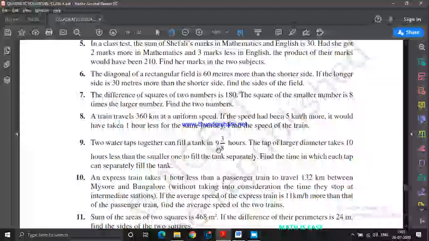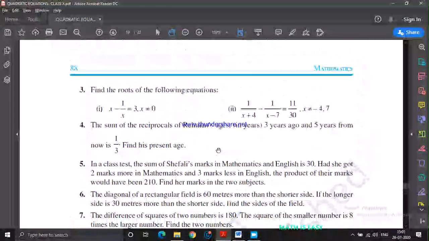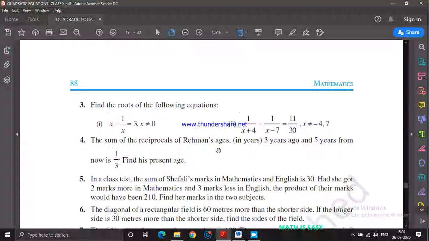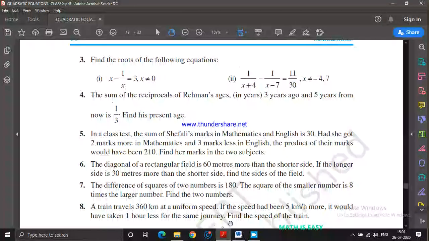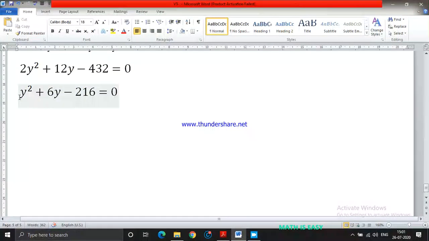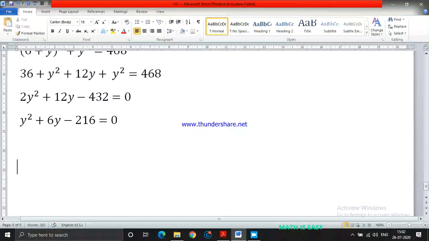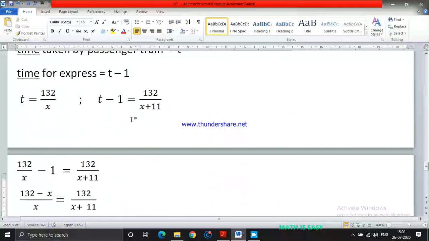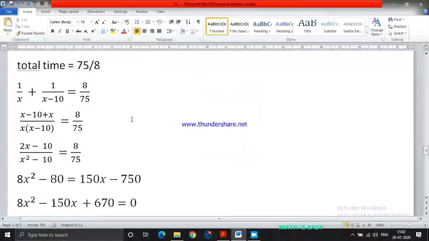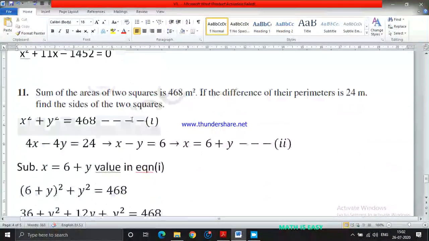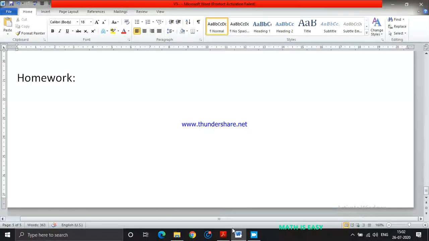So I think we are done with the whole exercise. Each and every question we discussed from 4.3. Please complete the factorization. I left most of the questions by framing the quadratic equation, and I gave hints also on how to factorize it. So factorize it and solve it. Now a few more questions I'm going to give as homework. I'll paste them in the PDF file, one question for each type of word problem we discussed. Complete those homework questions also.